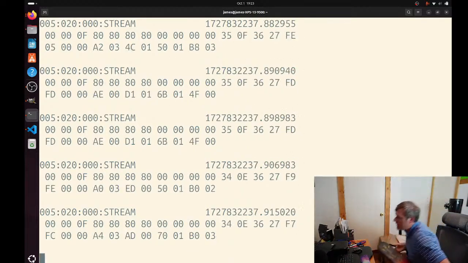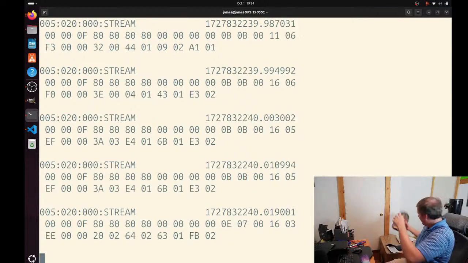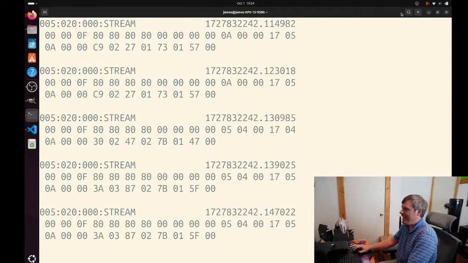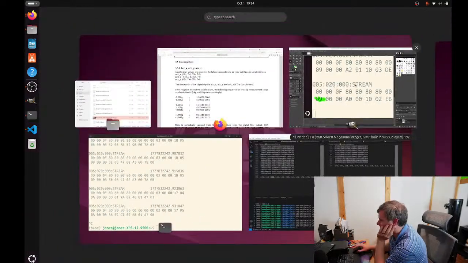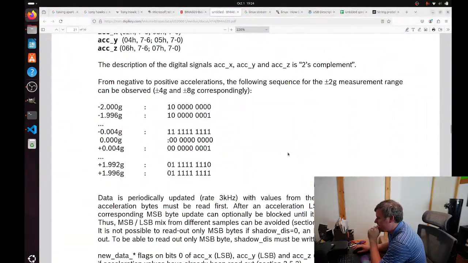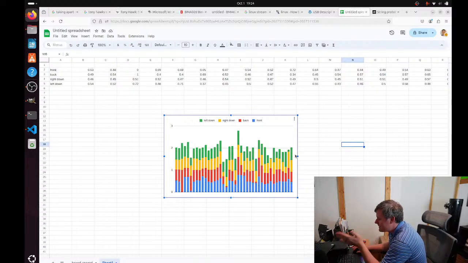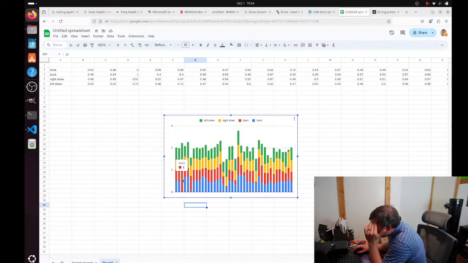I don't know. I think I might end the stream here soon. I need to think about it. There's this chart that shows I'm finding something, like this bit here is meaningful. I'm able to determine if it's front to back. I don't have a similar bit for side to side. I was hoping to find a side to side bit, but